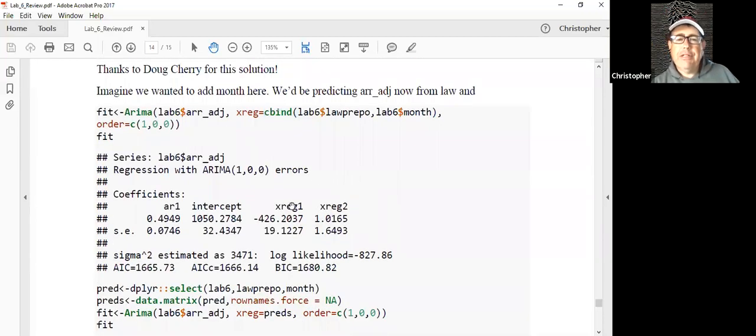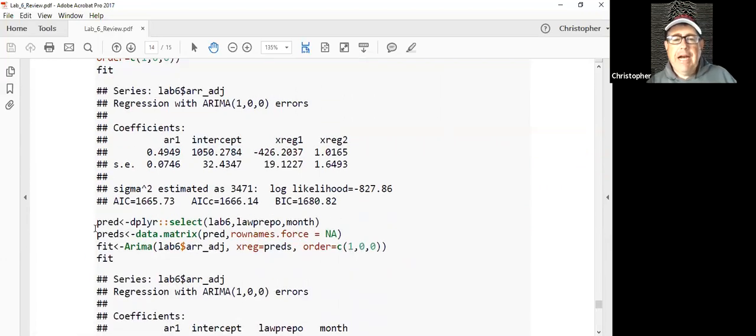When I get output, you'll see it's got X regression 1, X regression 2. Those are the 2 predictors in the order that they were entered. One thing I don't like about this is how they're labeled. We can see clearly the law prepo, the big one, is pretty big, whereas the second one, month, doesn't seem to have much of an effect. Now, the solution that